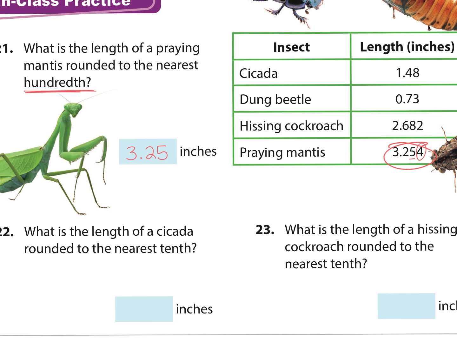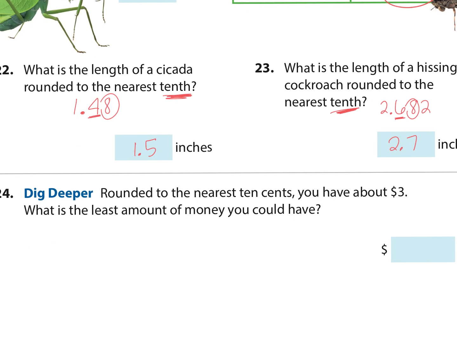Okay, number 22. What is the length of a cicada rounded to the nearest tenth? Tenth. Okay, the cicada is 1.48. What digit am I rounding? The 4. So it's going to be what? Yeah, I heard somebody say it, 1 and 5/10. What is the length of a hissing cockroach rounded to the nearest tenth? 2.682. Yep, 2 and 7/10. You guys are getting so good at this. Great job. And then the last one,